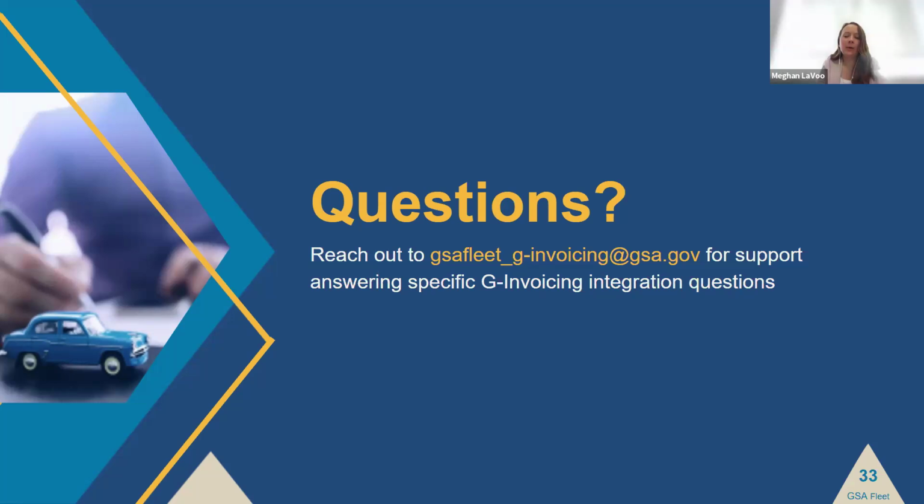And I did see one clarifying question that I think is just helpful to reiterate here that we answered. Again, the two process workflows in G-Invoicing that we've been talking about today, the 7600 Easy and the standard seller facilitated order, are non-negotiable. Those are the ways that GSA Fleet Business will be processed through G-Invoicing. So if your agency is not set up to, for example, accept seller facilitated orders, if you are only a buyer initiated order